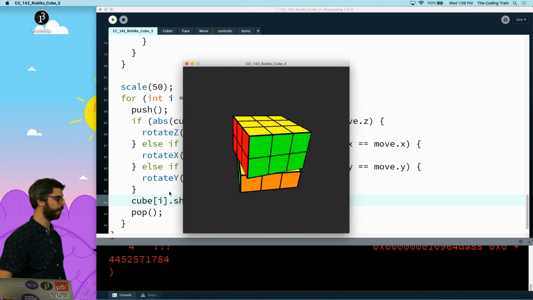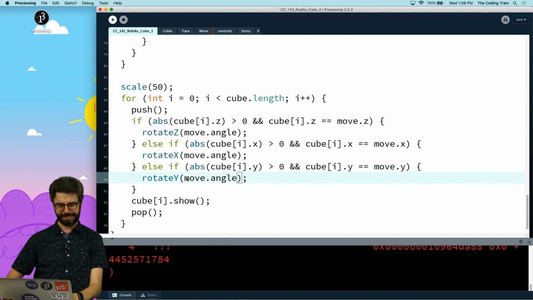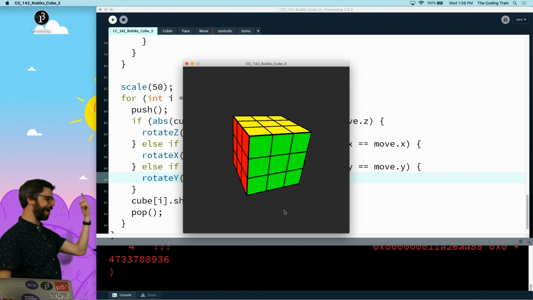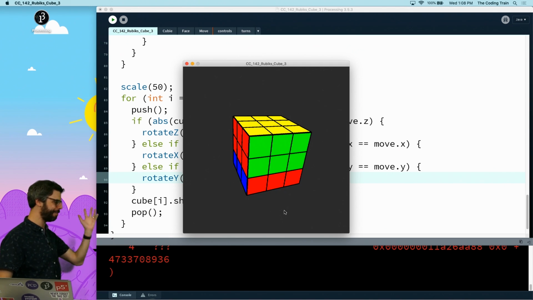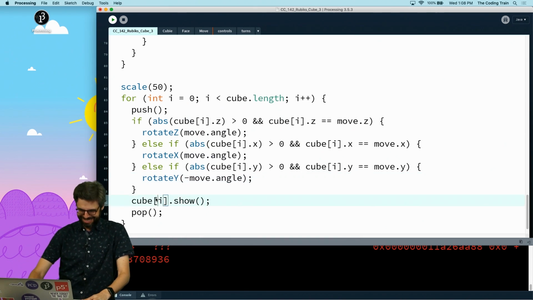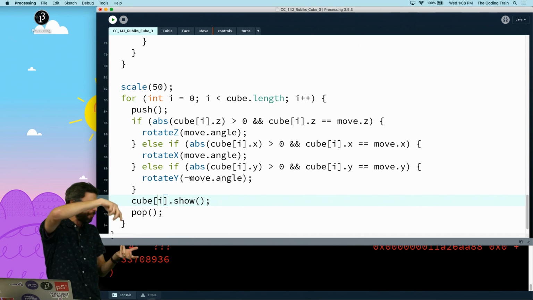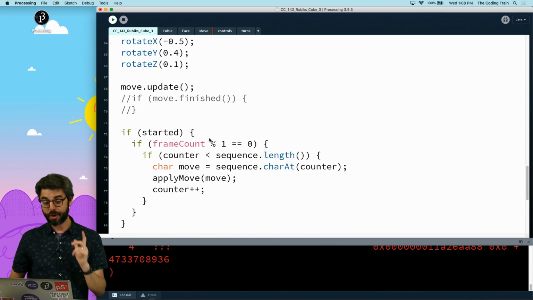Oh no, something's wrong. Oh, I'm going the wrong direction. So I think this should be negative angle, because my y-axis is flipped. Yeah, there we go. You know, whatever, it works. There might be something that I've actually done wrong here, but I want the data to be moving correctly. I just need to make sure the animation matches that. So now,